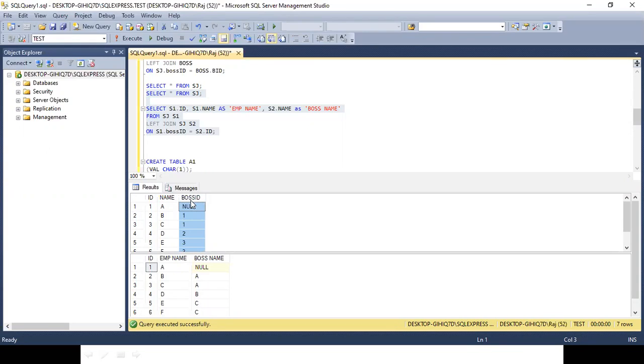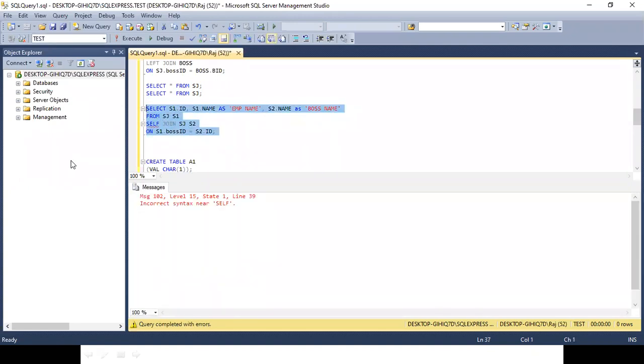All right. But now, as I told you, there is nothing known as self-join. If you look at the query, can you tell me which join I have used over here? Left join. Absolutely, we are using left join. So there is nothing known as self-join. You cannot write self-join over here.